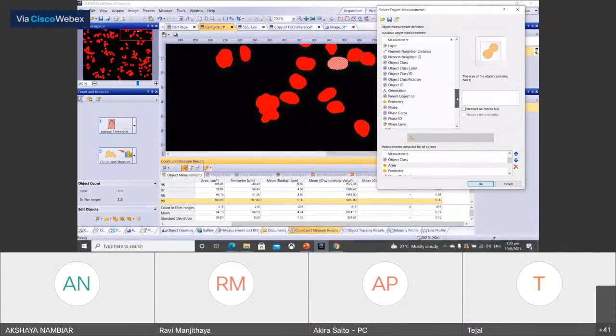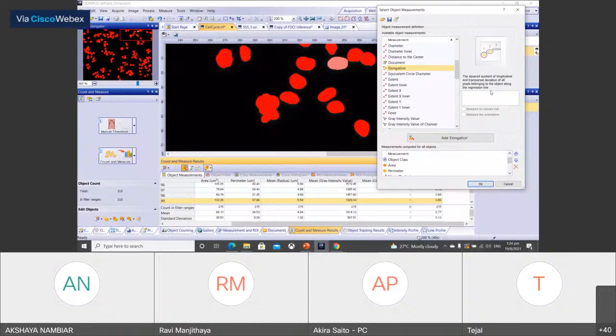So for example, if you want to add the irregularity, which we can see here, the circle is 1, and if it is a very flat kind of circle, then the value becomes bigger.